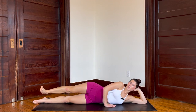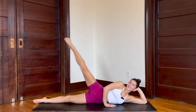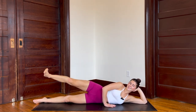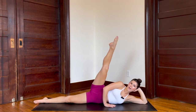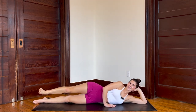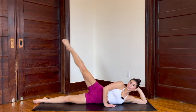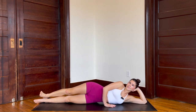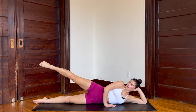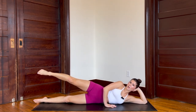9, 8, 7, 6, 5, 4, 3, 2. Keeping everything nice and stabilized for this last one. And we're going to keep the leg lifted, point the toes, bend the knee in, and extend it long for